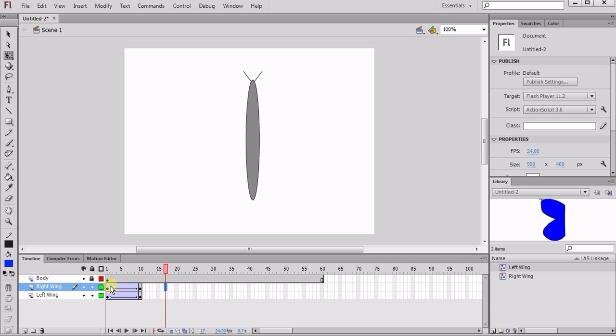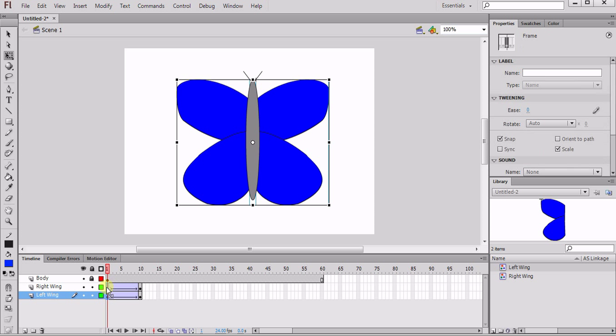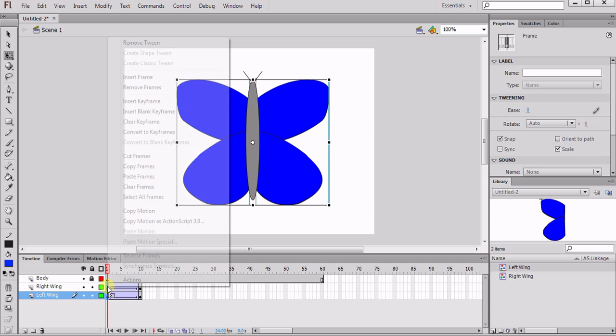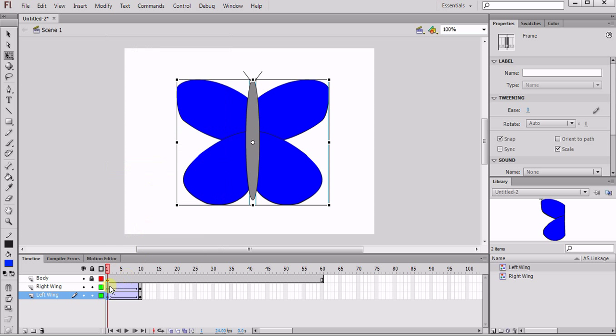Or the short way of doing that is just click and drag straight down, and then it selects both of them. Whichever way is more comfortable for you, use it. But if the click and drag isn't working out for you, don't use it. Use the shift method. Go ahead and right click once you have those selected and go to copy frames,